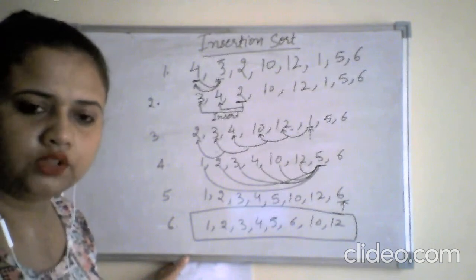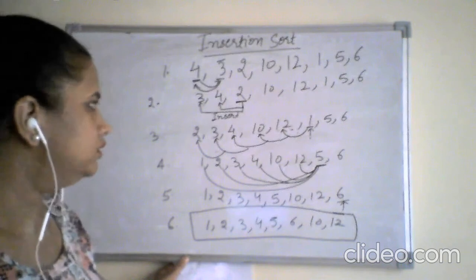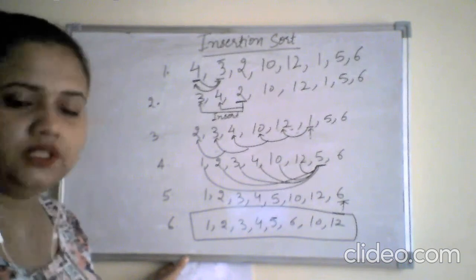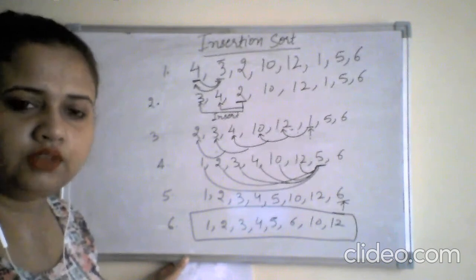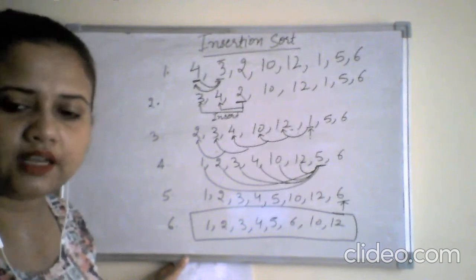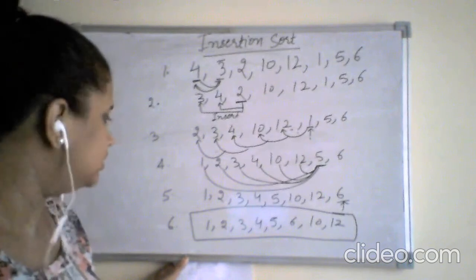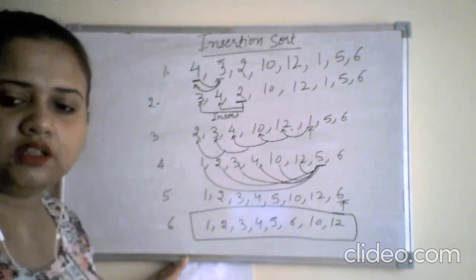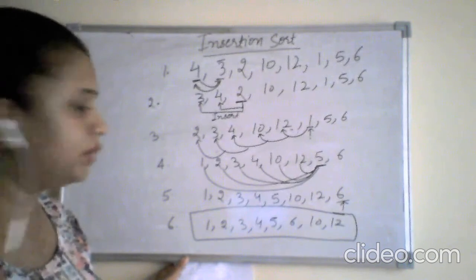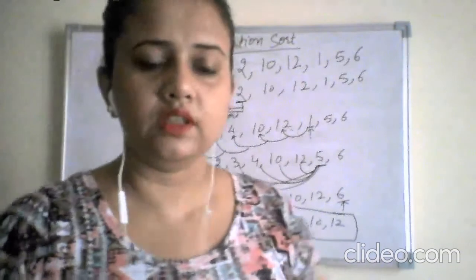In this case I will be doing this insertion where I will be inserting the data at its exact location and putting it at the correct place where it should be. And after doing around 6 passes, we are able to put the data in a sorted manner. So this is how your insertion sort works.